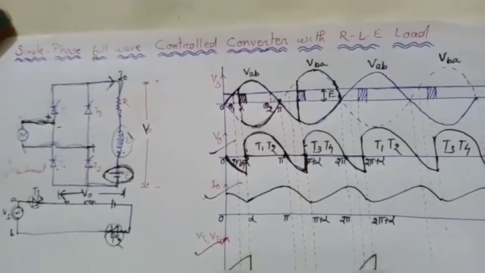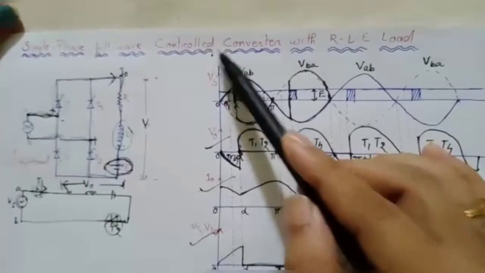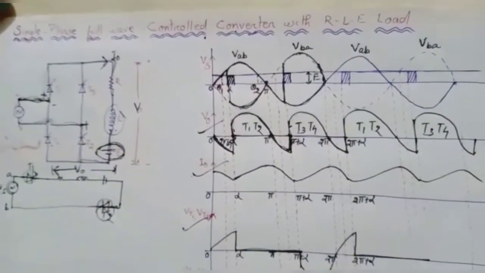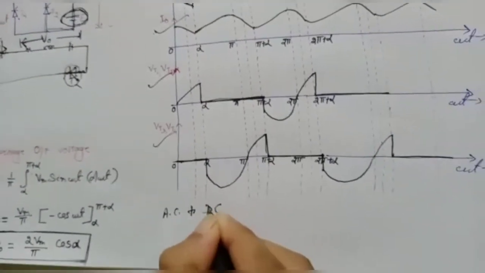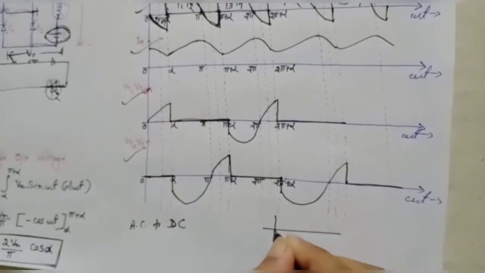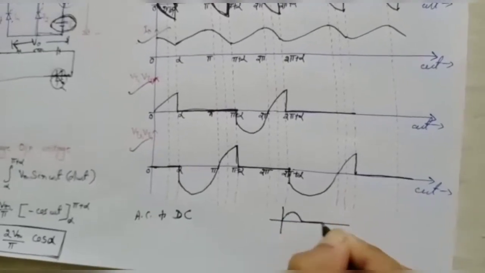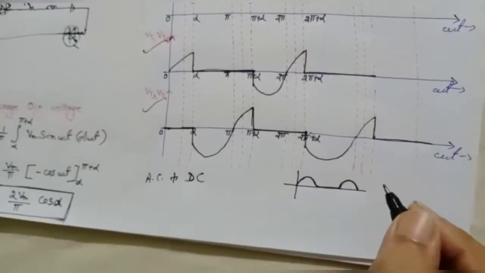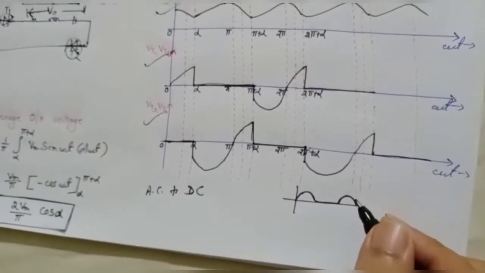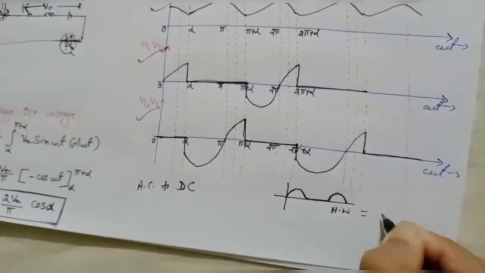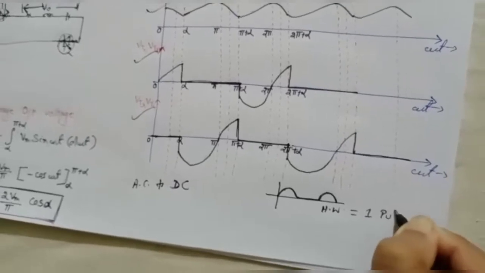And when we are studying about converter or rectifier circuits, our aim is to convert AC into DC. We are converting AC to DC. So when we go for single phase half wave converter, we are getting the output voltage like this, means we are getting the output voltage having one pulse in the output circuit. That's why single phase half wave converter is known as one pulse converter.